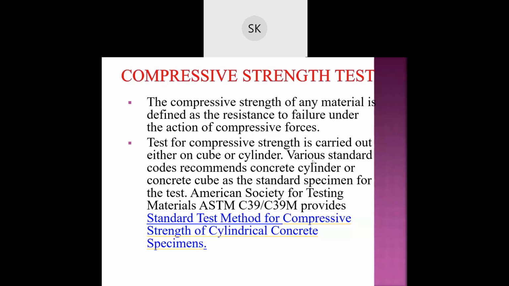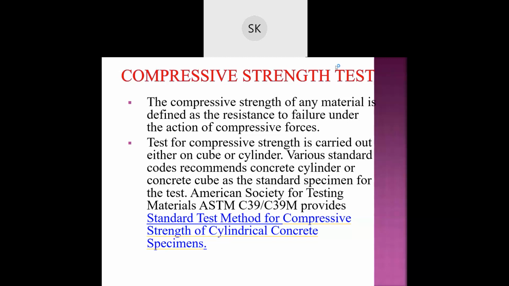Now, the test for compressive strength is carried out either on a cube or a cylinder. Basically, we make a cube of 150 by 150 by 150 mm mold in a lab, and we test those cubes after 7 days, 14 days, and 28 days of curing.